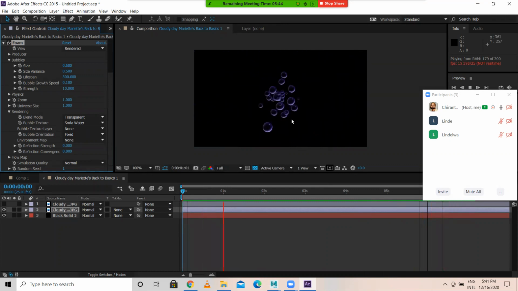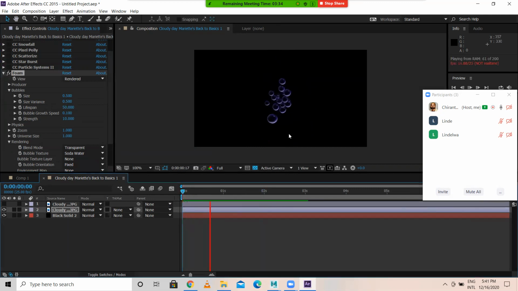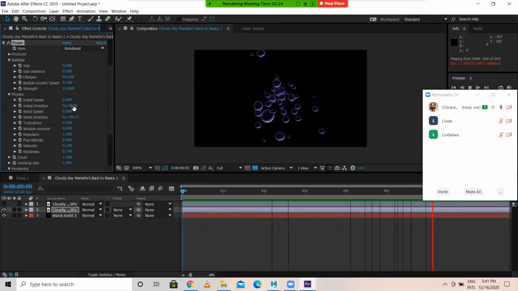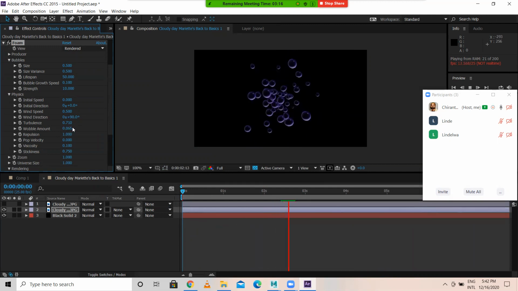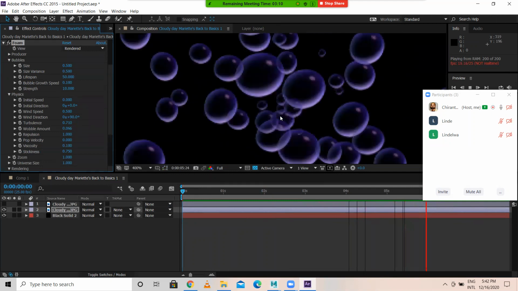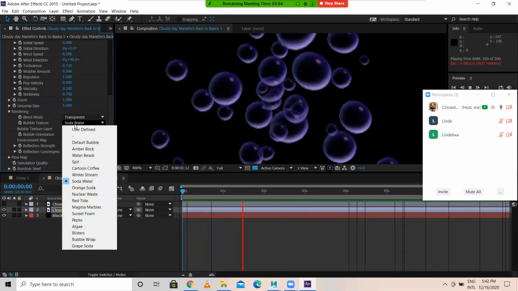So how do you create a soda bubble? So you have to define the lifespan. Let us reduce the lifespan so that when it gets birth, it should die after some time, like this. This is lifespan. Physics is nothing but the placement of this. Turbulence you can give a bit so that a lot of noise will be there. You have wobble. Wobble is nothing but a shaky effect for the bubble. See, a lot of shakiness is there for the bubble. Okay, so that's one. Like soda water, there are many things.